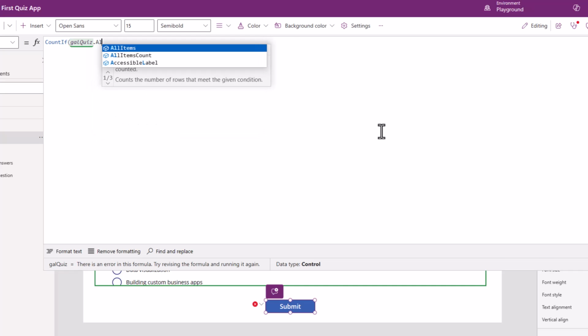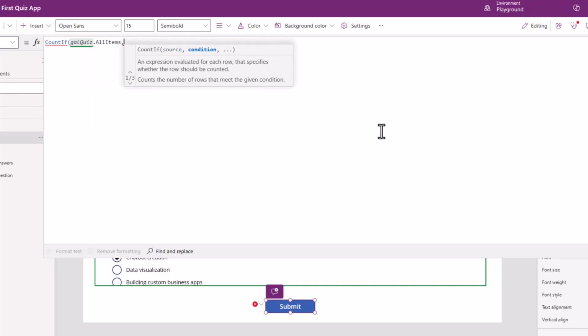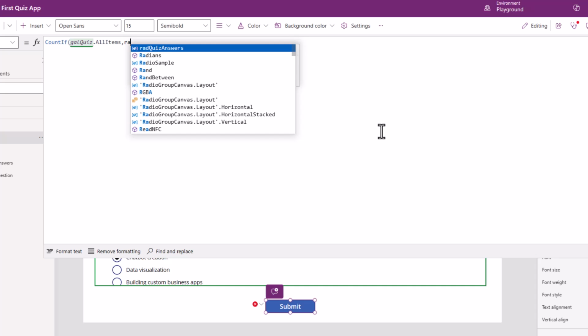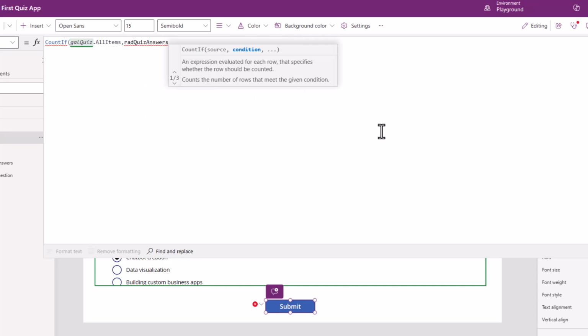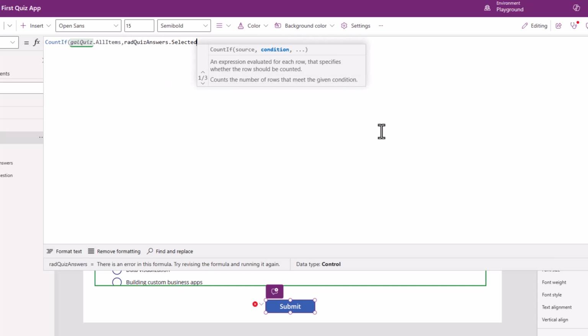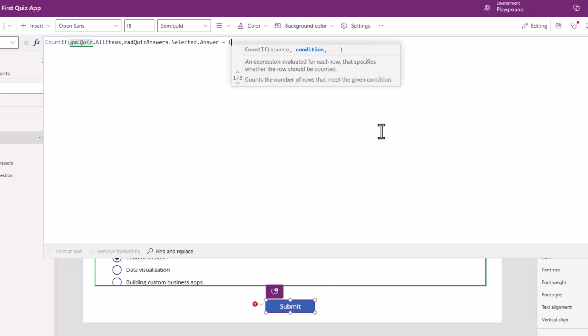I'm going to have a look at all the items within that quiz, and then I'm going to filter it based on our radio control that we've inserted for our quiz answers and the Selected.Answer that they provided, to see if it matches with the lookup value of our data source on our SharePoint site,